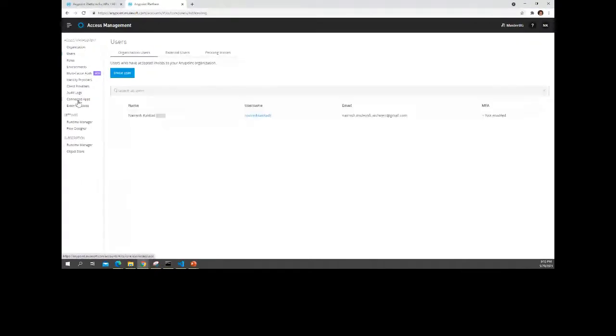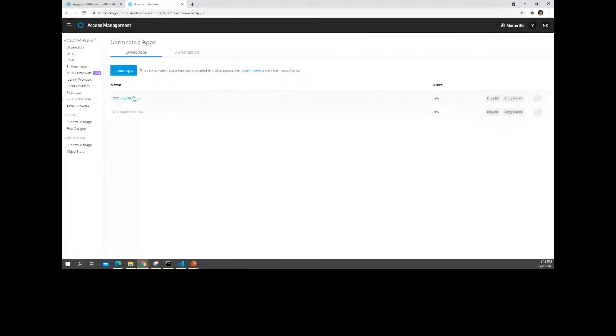You can simply have a connected app which will act on behalf of you for a different purpose. As of now, I'm using it for the CI/CD. You can have it for different API calls, say pull logs from a platform, or whatever features are available on the platform. Most of them are available as part of a connected app, and on behalf of a user it can perform them.